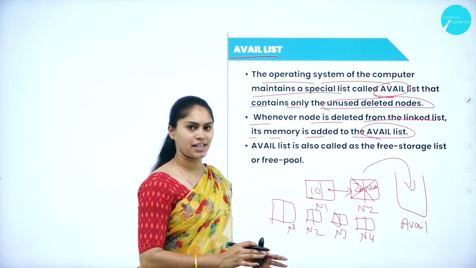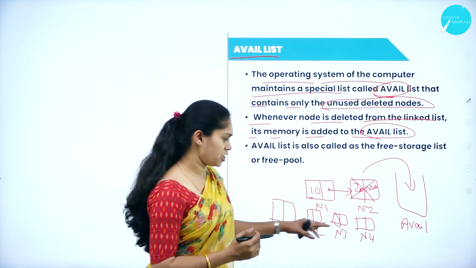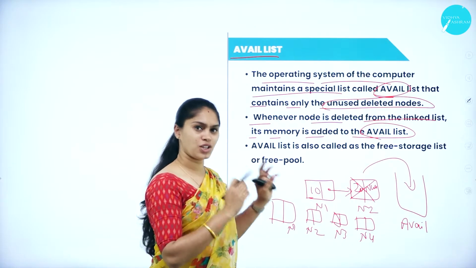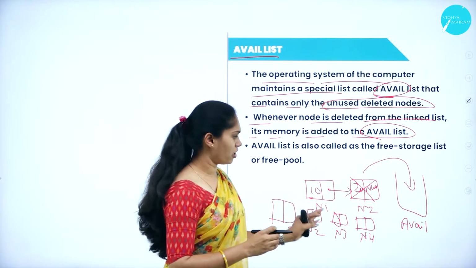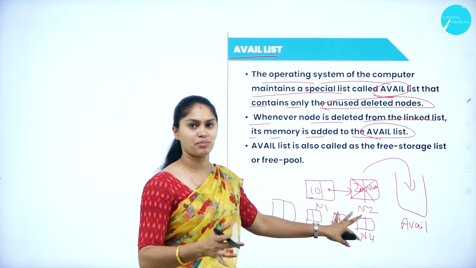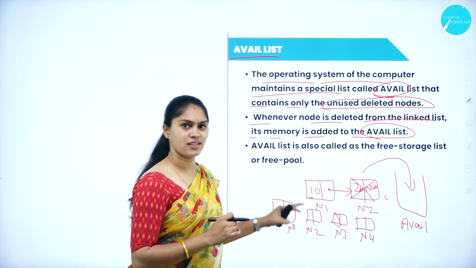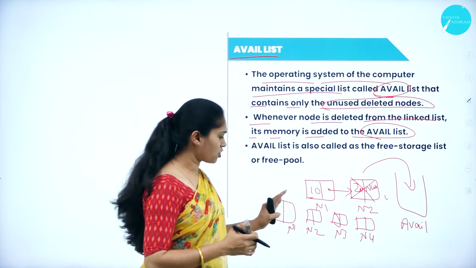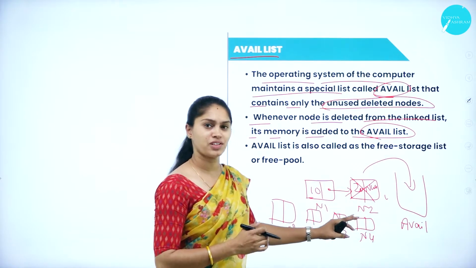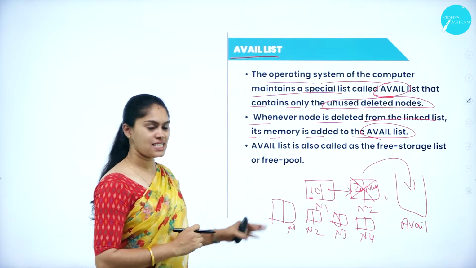I have just simply created a node, but I am not using it. So will the memory allocated for each node be used, or shared, or stored in the avail list? Simply, I have created the nodes, but I am not using them anymore. So the memory storage of each node will be kept for future use. That is the reason for having this avail list.